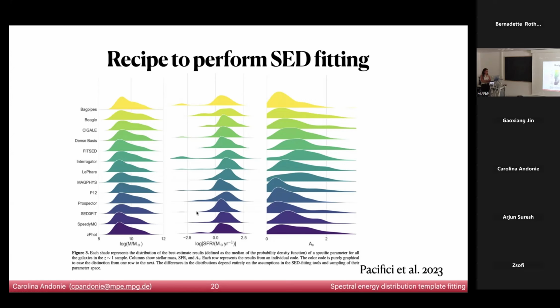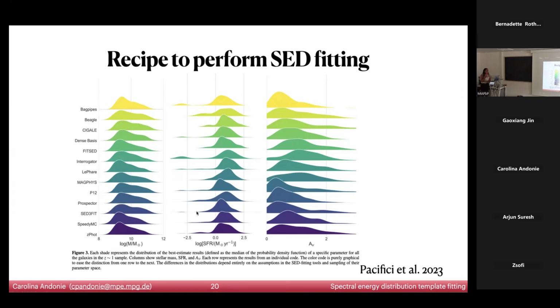I have a question about energy conservation. I know that some codes have either an option or they implement some energy conservation between the absorbed emission in the optical and UV, and the one that is re-emitted. Is this some common practice? What are the pros and cons? I know that CIGALE, for example, implemented it.